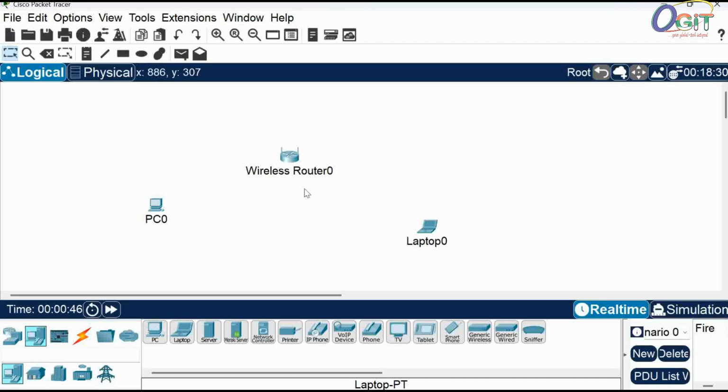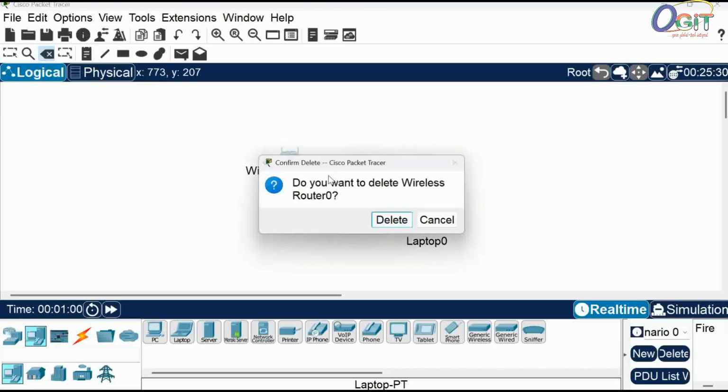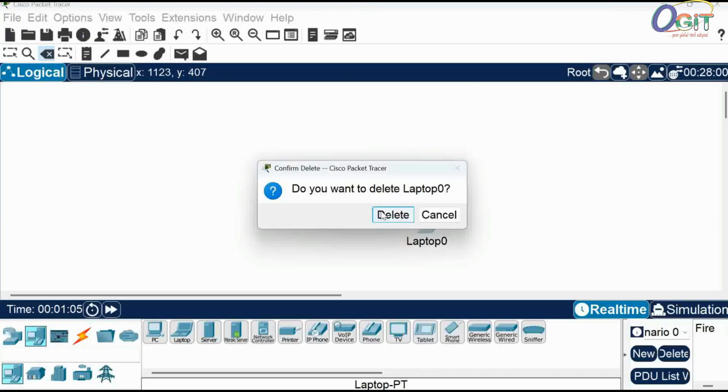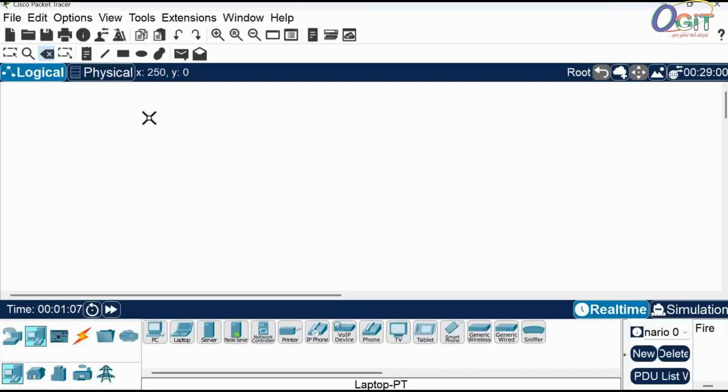I will actually prefer to use the physical mode. So let's delete this. Let's see why I'm doing that is that I want you to see, most of you are just seeing the kind of representation of some of these devices, but I want you to see how they are in the real life so that you get to know how to connect it better. So going to the physical mode,